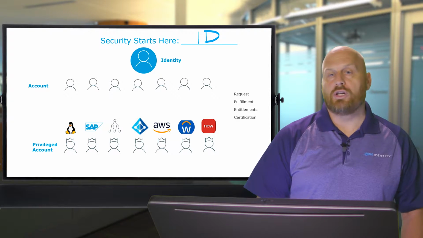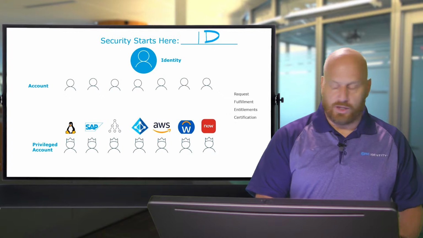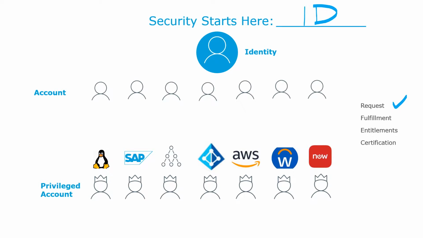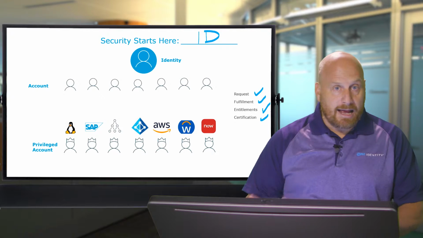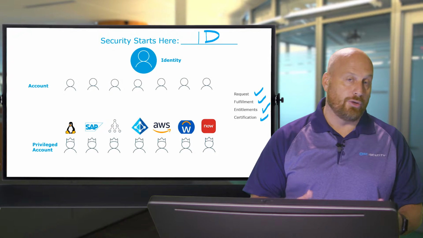So in order for you to access stuff in the right way, there's a few things that have to happen. You have to have a request, meaning somebody has to say, yeah, I want to give this person access to this thing. You have to have fulfillment, sometimes it's called provisioning. Somebody has to go in and actually set up you in that account. And when they set you up, they do it with the correct entitlements or permissions or role or whatever is used to decide what you can and can't do with that account that you've been granted on that specific system. And then somebody has to go in and do the certification to say that that was all done appropriately. So once all that happens, then you have access and security can happen there.